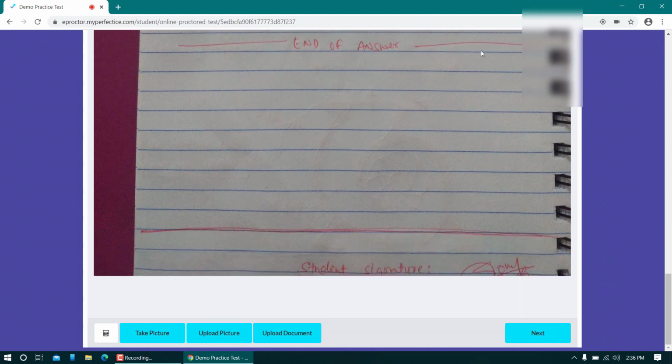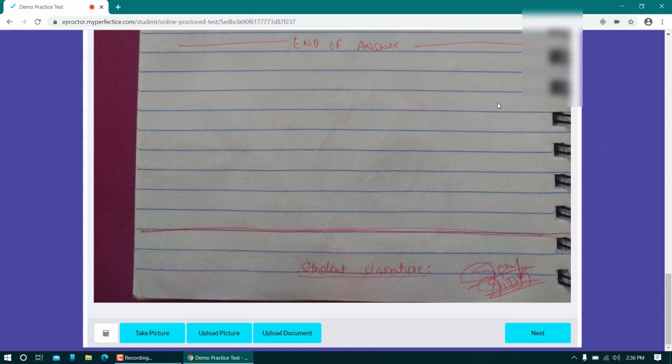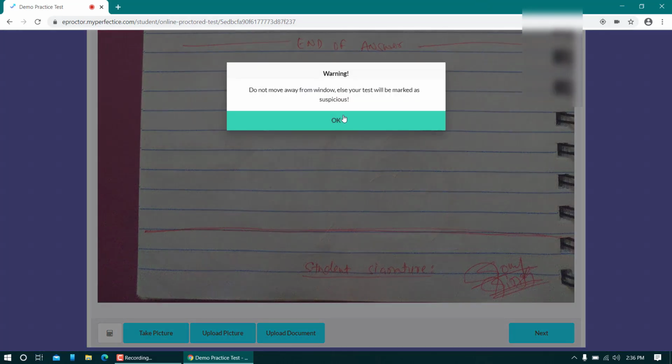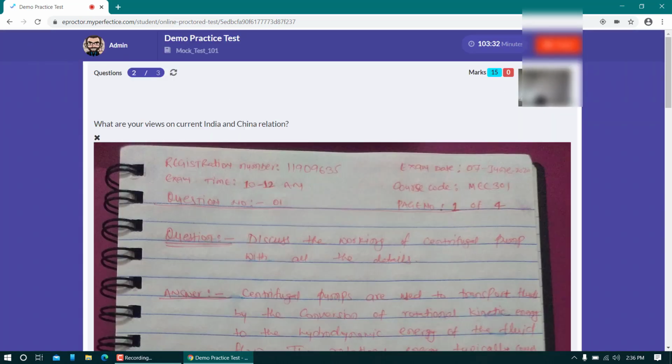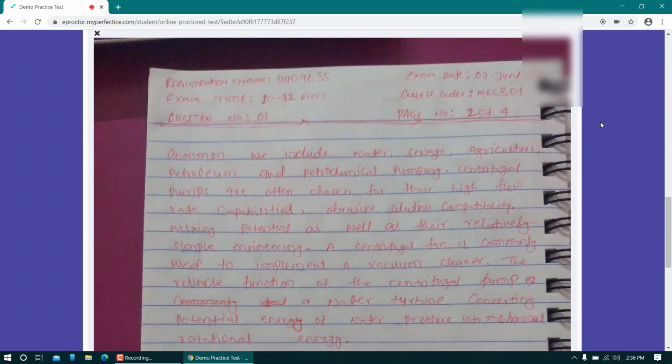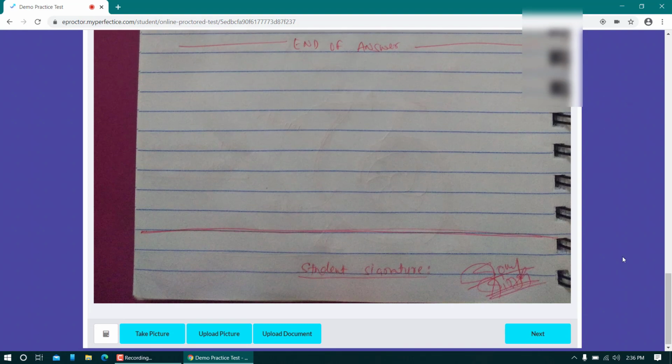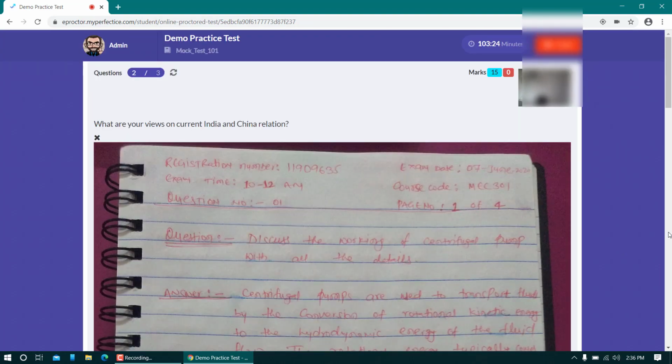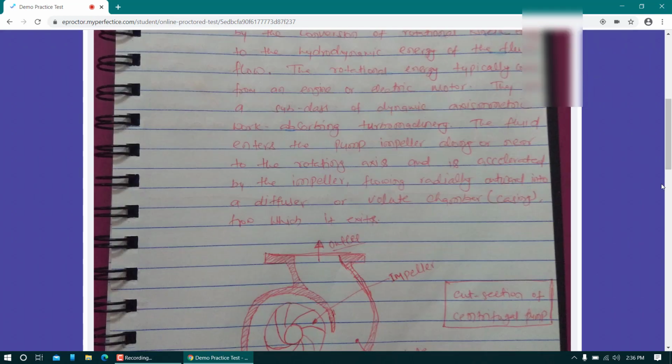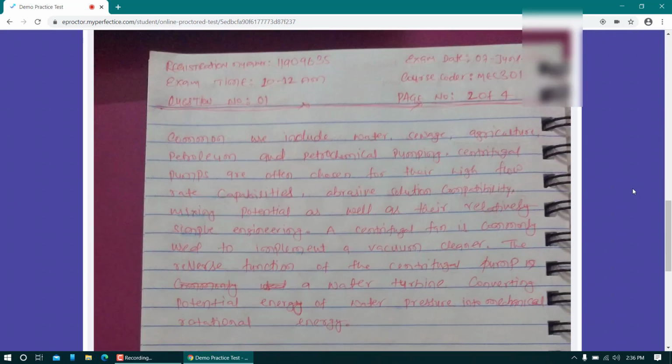Now if you try to move your cursor out of this examination window, you will see a warning. Just have a look. I'm going out of the exam window, and when I come back, you will see a warning. Now this warning is not being counted because this is a demo account, but when you attempt the same test in your paper, this will be counted as a warning. So I'll highly encourage you not to move away from this exam window, which is in this blue color. Even if you go to the scroll bar, have a look. Scroll bar is not being detected, so that is good. You can use the scroll.